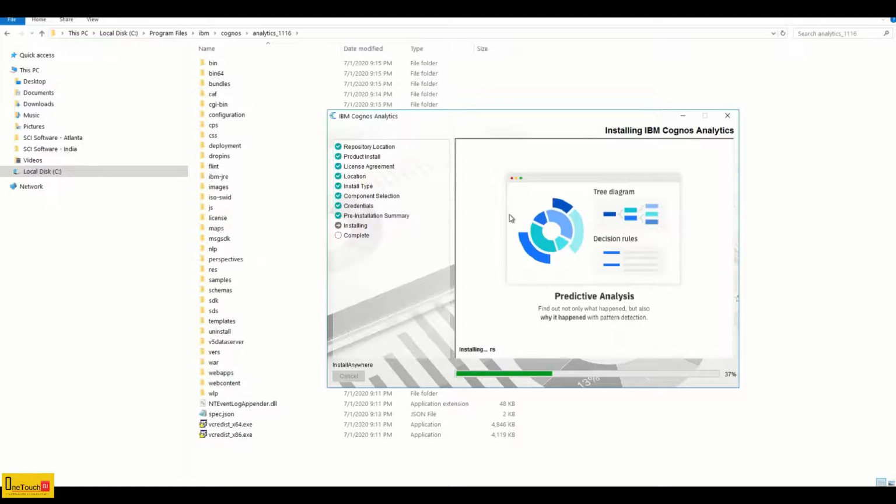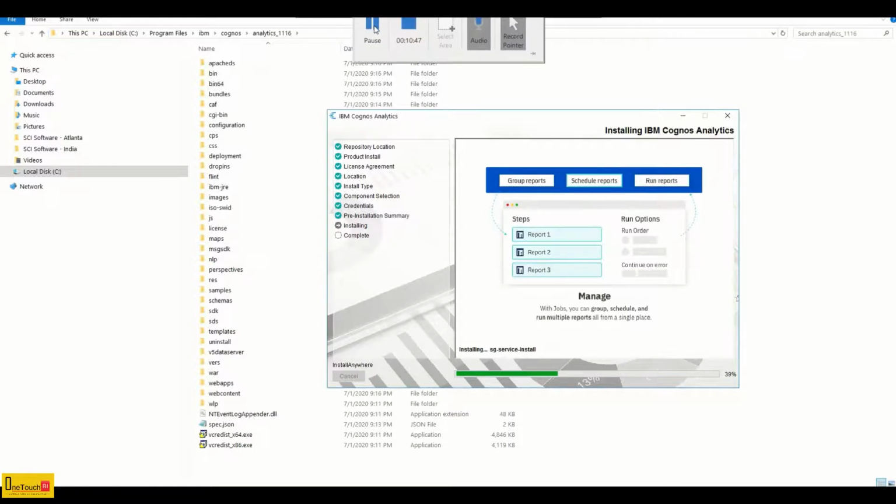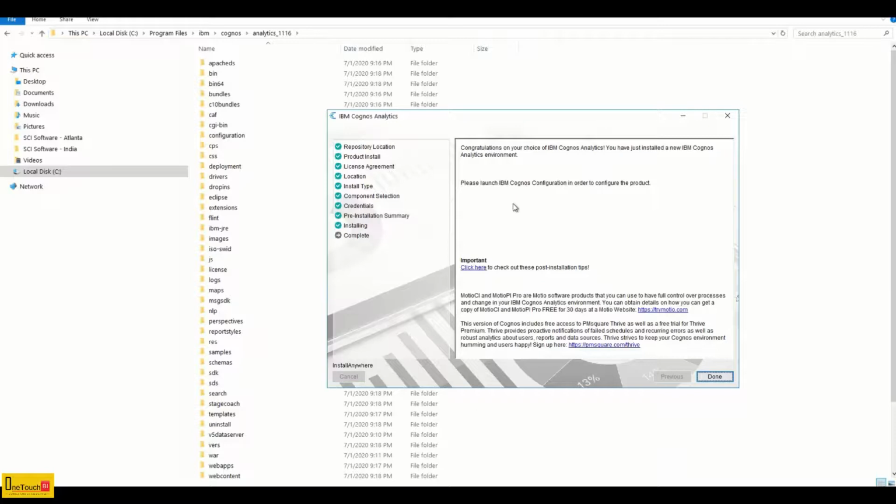It's a good move from IBM Cognos. In another couple of minutes, the installation will be completed. Let's wait. Now it's done.